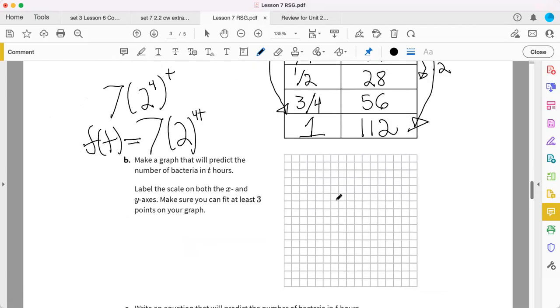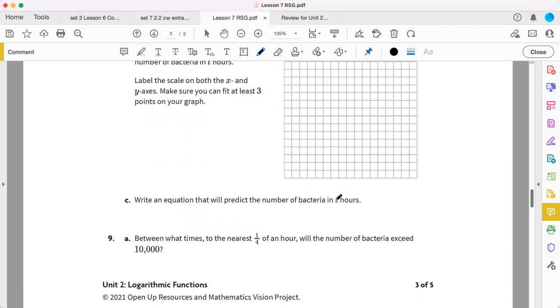Graphing, I can leave that up to you. The equation we just got,